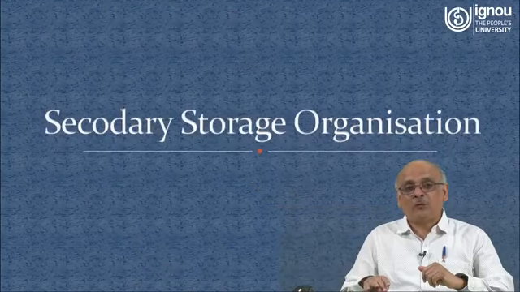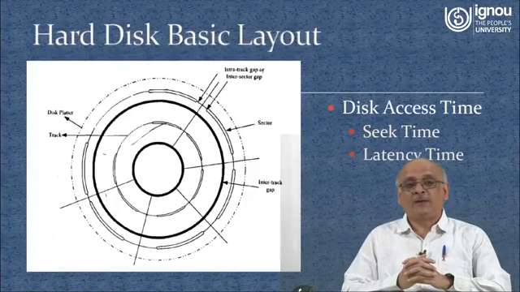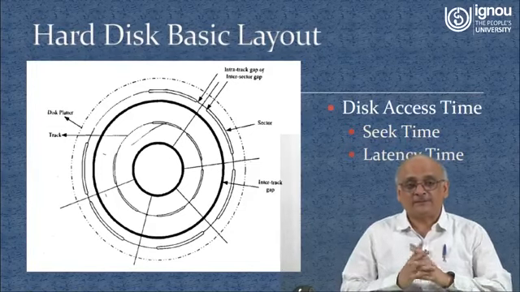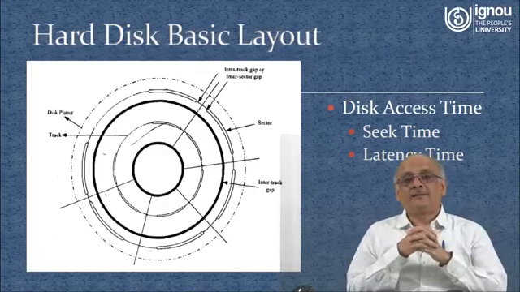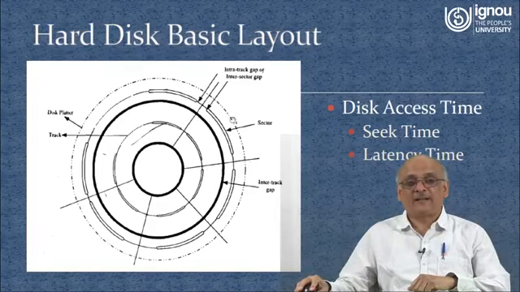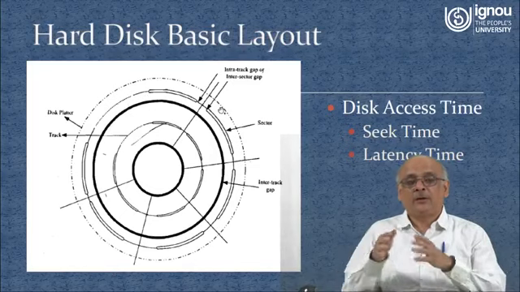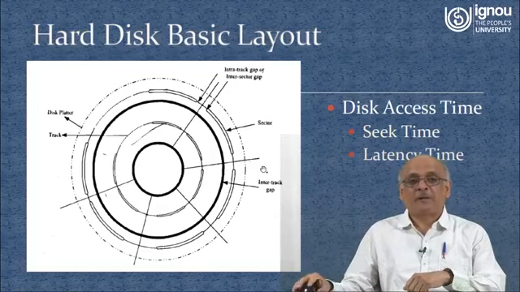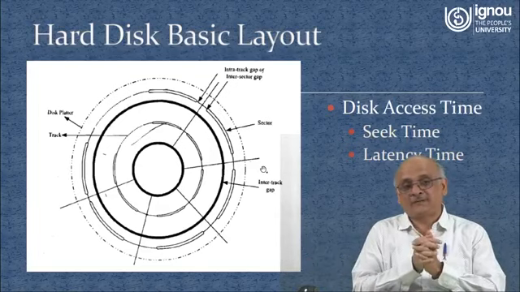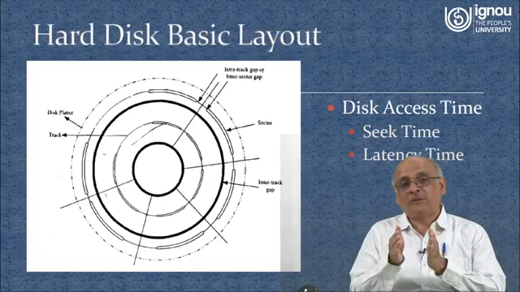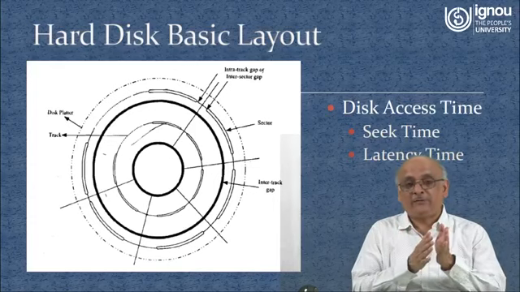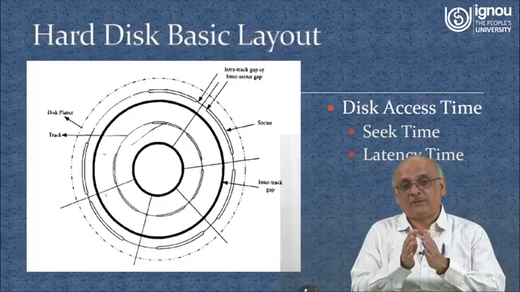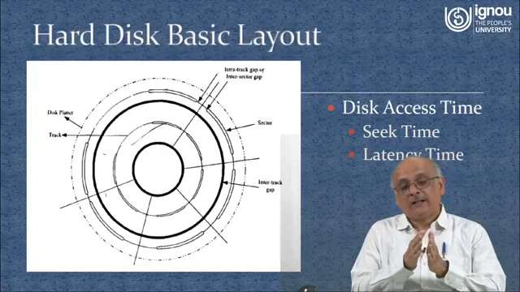So with this we move on to secondary storage organization. Now this is a very important one, and first we talk about a disk. Disk is a very, very interesting phenomenon. So where exactly does the hard disk come into the picture? What we have is the CPU registers. From the CPU registers, we move on to the main memory, and in between we have the cache memory. The CPU gets the information from the cache and gets it faster, all right?